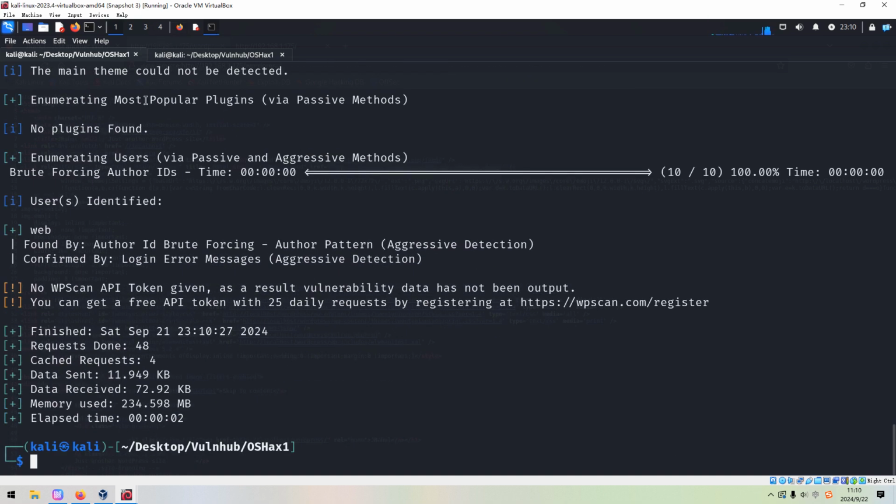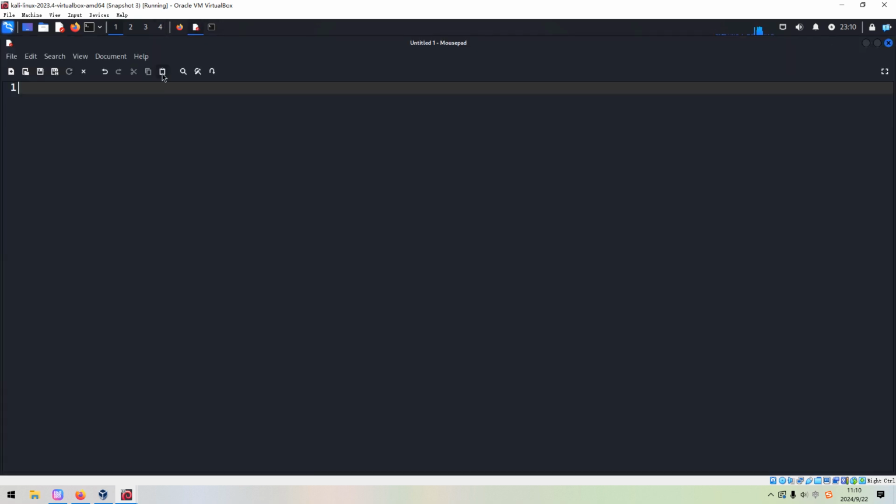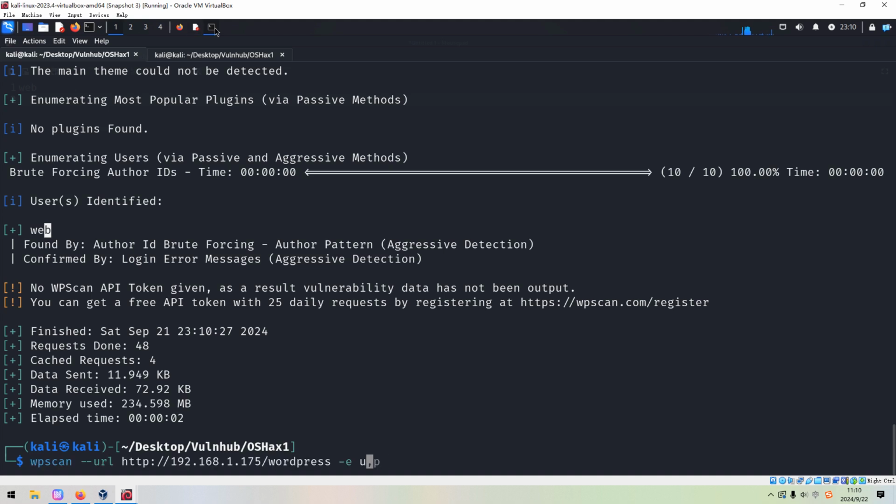It's done. The user is identified. We can put down such information onto our notebook. So next, we need to try to attack or crack the password for this user, right? We can use rockyou as the word list.